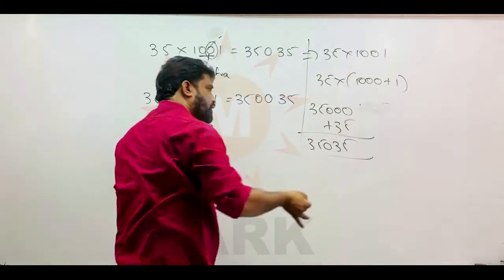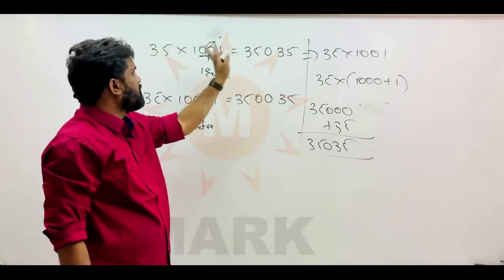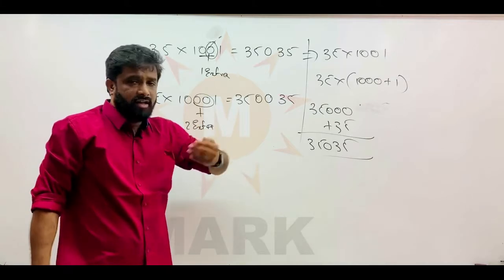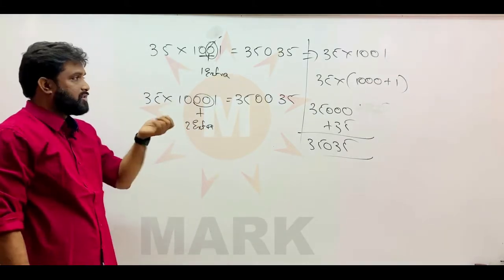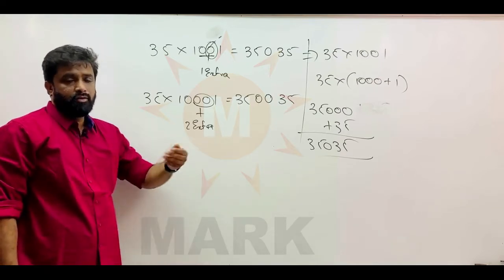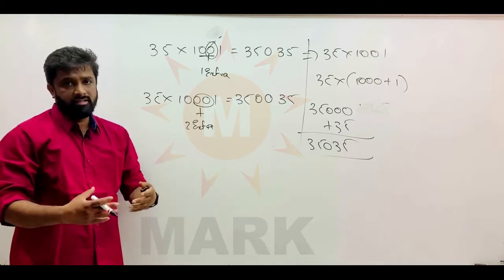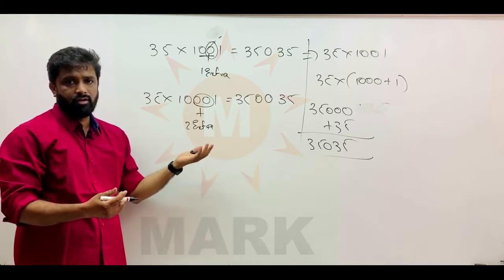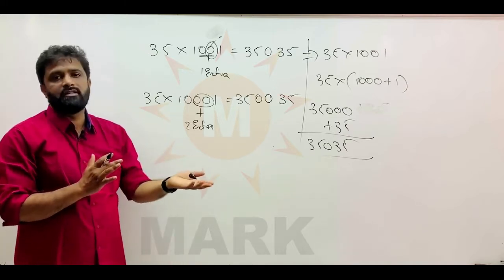So instead of doing all these 3 steps, in a single step we can write. 101 double times it will come, and 0 is the insertion. So we are trying to save time here. I am not telling that you cannot do it by procedure. In competitive exams, each and every second matters. The seconds that you accumulate by using shortcuts or tricks will be useful to solve some other question.